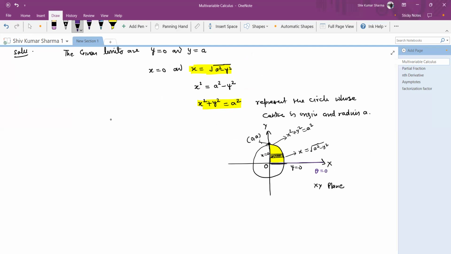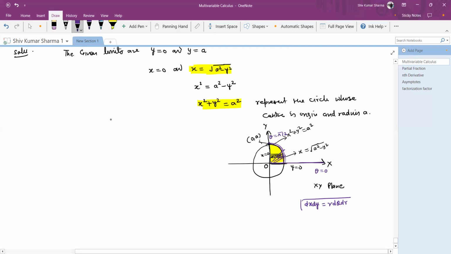When we are talking about only the first quadrant, from this line to this line, theta will be pi by 2, 90 degrees. When we take the elementary strip along this boundary, we make the angle theta. You know that when we convert dx dy into polar form,